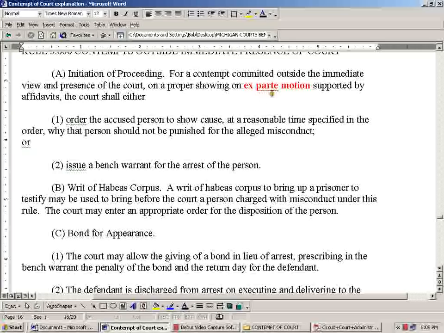You do an ex parte motion. That's a private motion between you and the judge, not you and the court. Well, I shouldn't say that. Yes, you and the court as far as the judicial side of the court, but not you into the administrative side where you need to do a service on the other party. No, this is an ex parte, one-sided motion